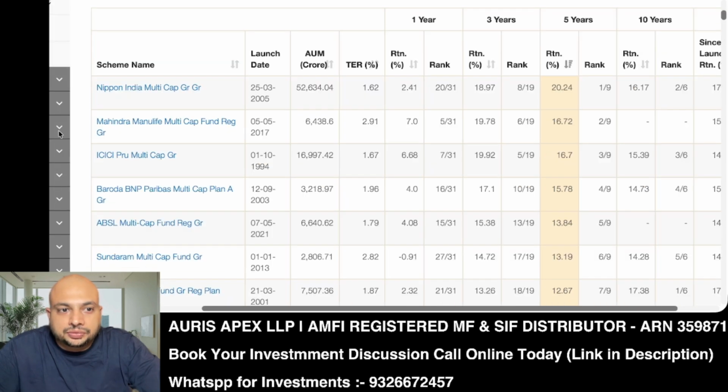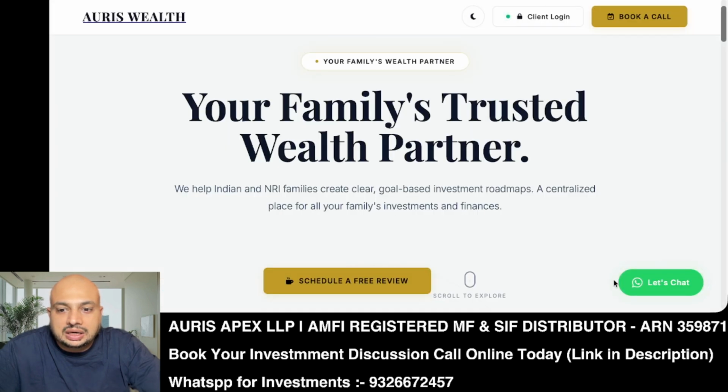So in multi-cap category, again, no recommendations, but we looked at which were the top 3 highest performing funds, and on top of it, we also applied various other parameters such as Sortino ratio and volatility, downside capture, etc. And we provided top 3 multi-cap funds for Mr. Mahesh for his house purchase goals. So based on our list, we created the investment products. Now let's come to our website of auriswealth.com.